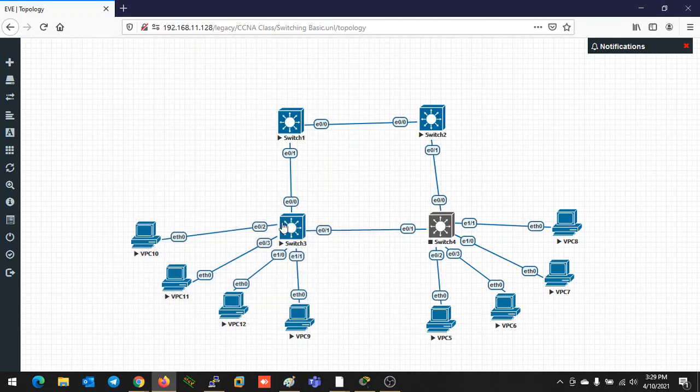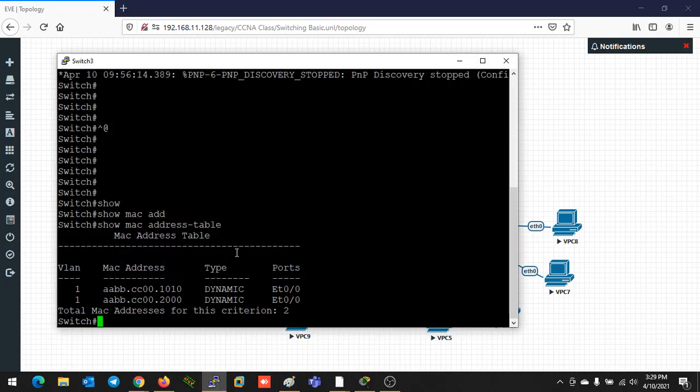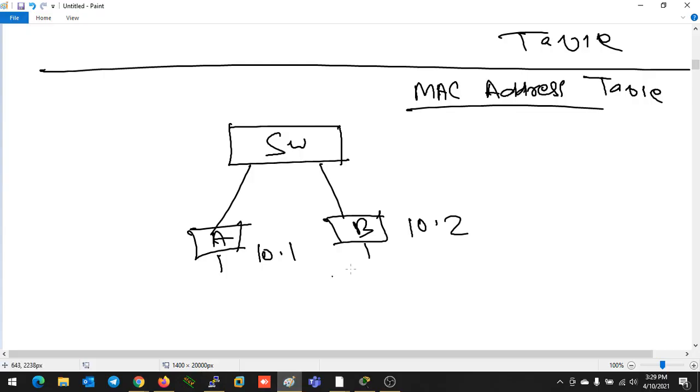If I check Ethernet 0/0, another switch is connected. That's why the switches automatically share; all the switches have their own MAC address also. If they are sending any kind of control plane traffic, then the other switch that is receiving that control plane traffic can make an entry in the MAC address table. That's why you are able to see two entries in the MAC address table. It's made automatically.